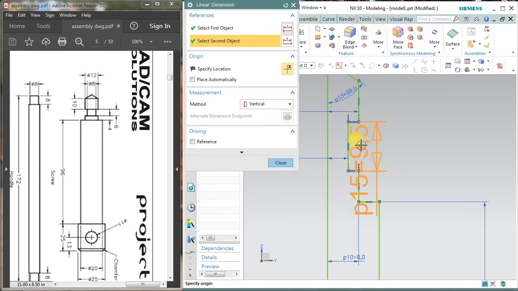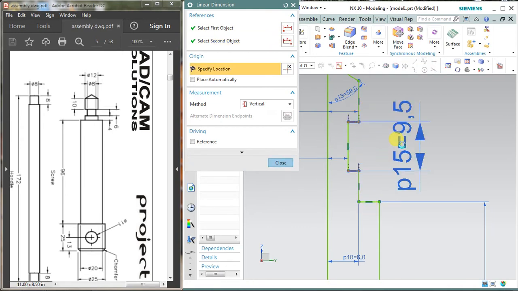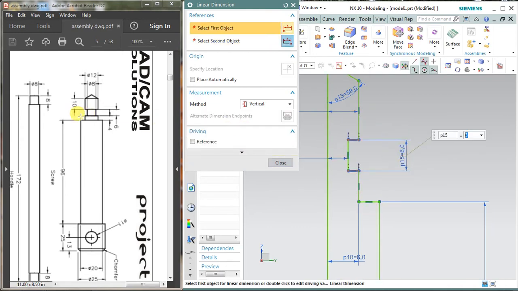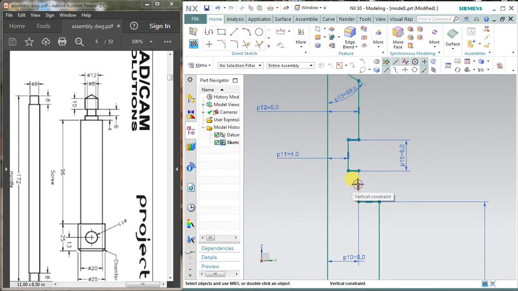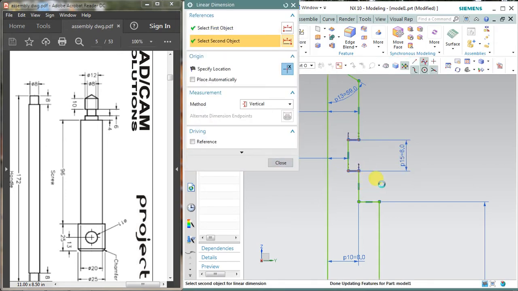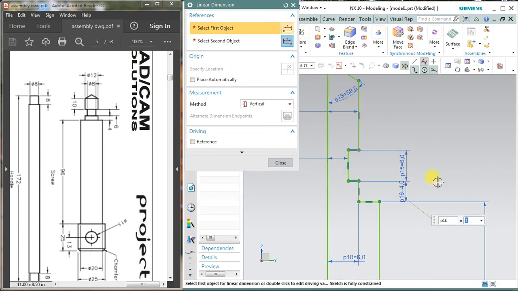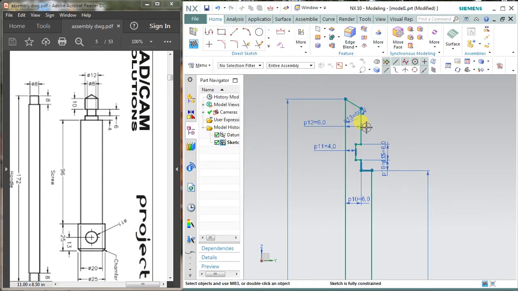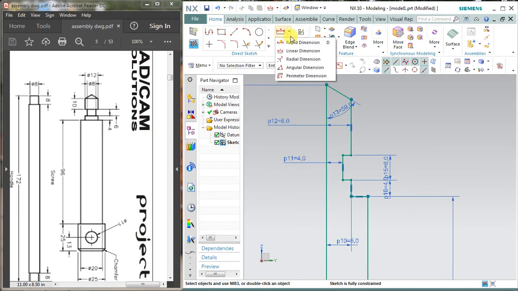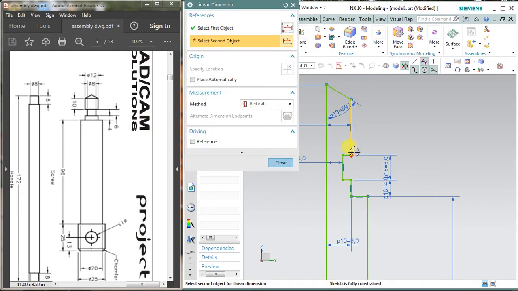The distance between these two horizontal lines is 6 mm, as you can see here, 6 mm, and close it. This portion is 4 mm. Select linear dimension again, it is 4 mm, and this portion is about 10 mm, but my drawing is showing it is fully constrained. So let me see whether it is 10 or not. It is not 10. I think there is some mistake in these dimensions, whether it is taking 4 or whether it is taking 10.